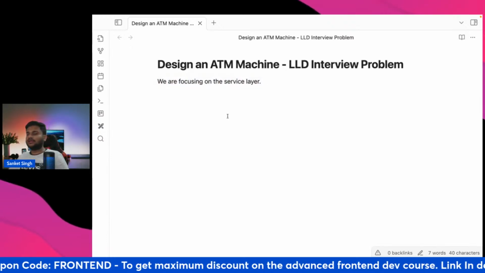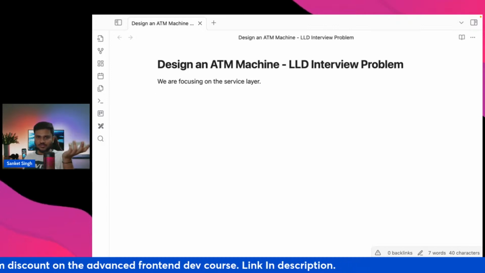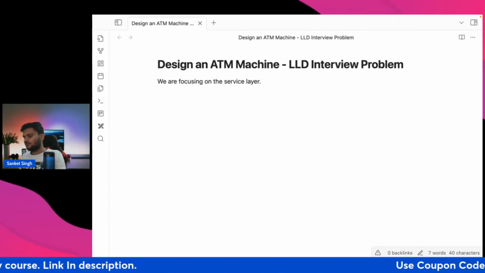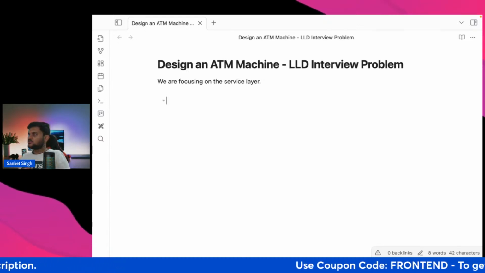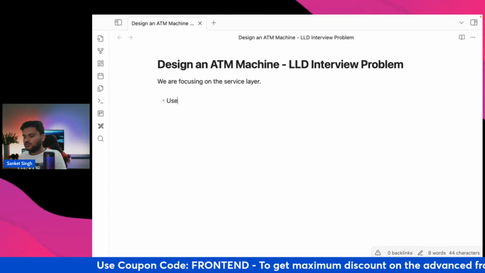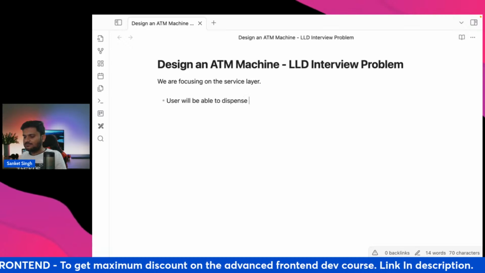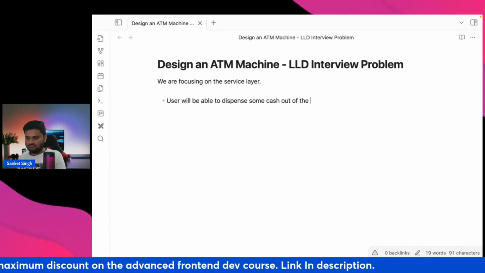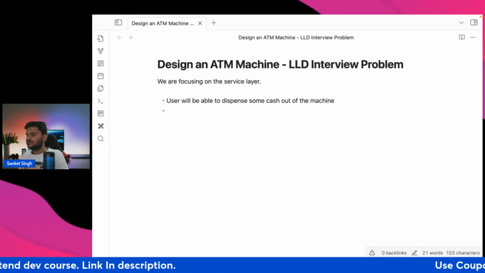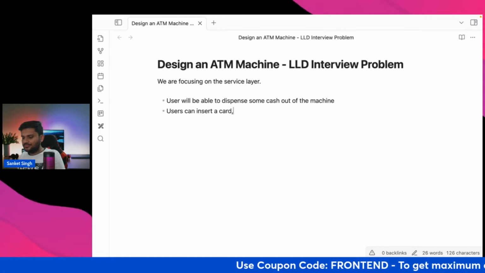So how should we technically approach the problem? Let's start talking about it. If somebody gives you an ATM machine kind of a problem, first of all, you should clarify the expectation. What is the expectation from the ATM machine altogether? A good set of expectations can be that the user will be able to dispense some cash out of the machine. Users can insert a card, put some details,